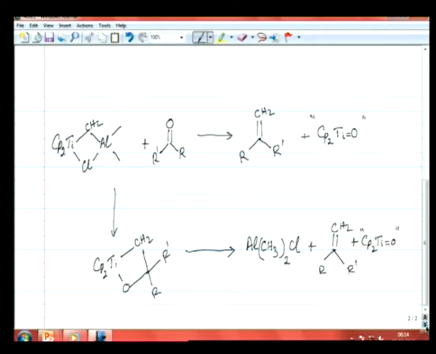So, once again this reaction is driven by the thermodynamics of this process, which is because of the favorable formation of a titanium oxygen bond in favor of a titanium carbon bond or a titanium chlorine bond. So, Al(CH3)2Cl is formed, is eliminated in this process,